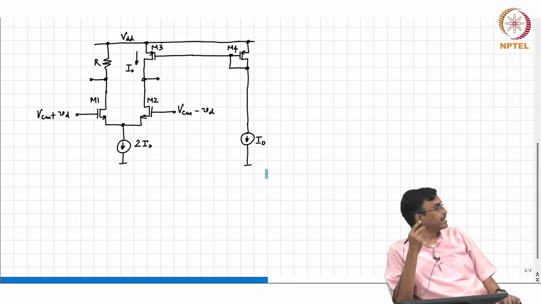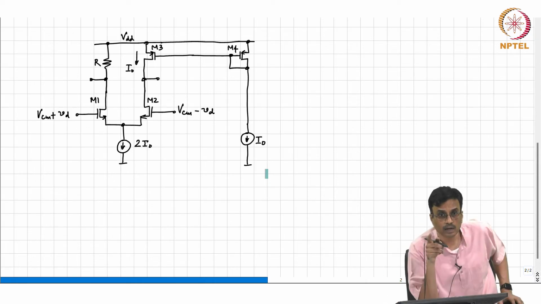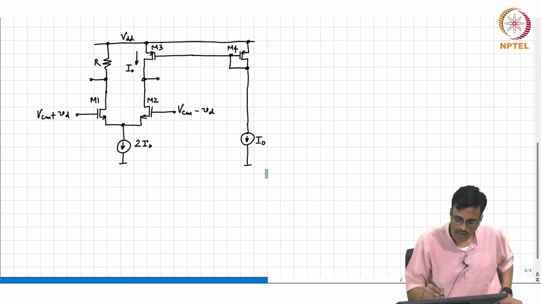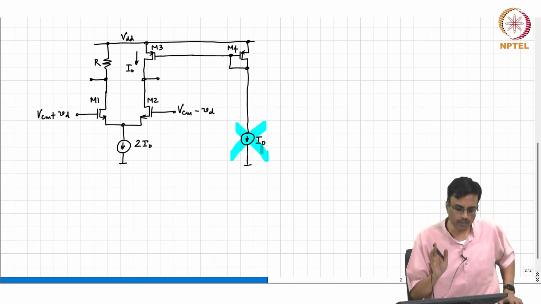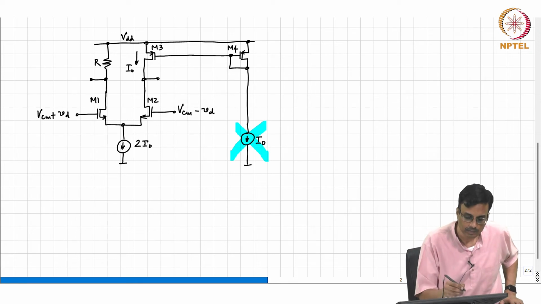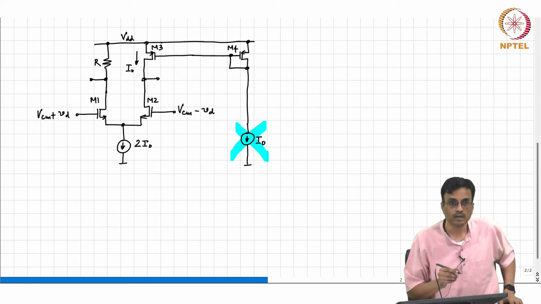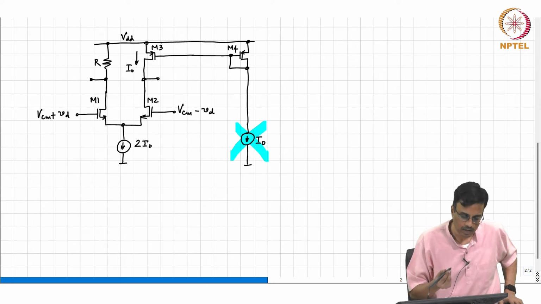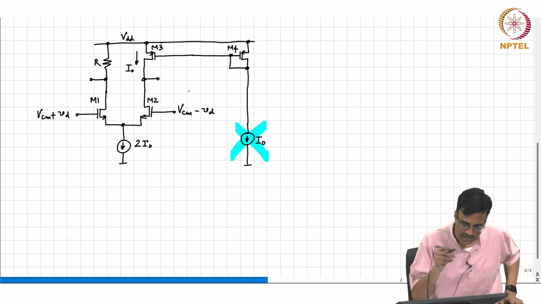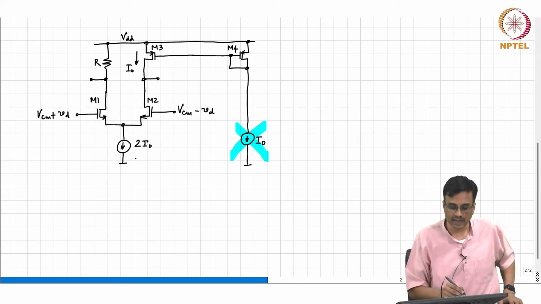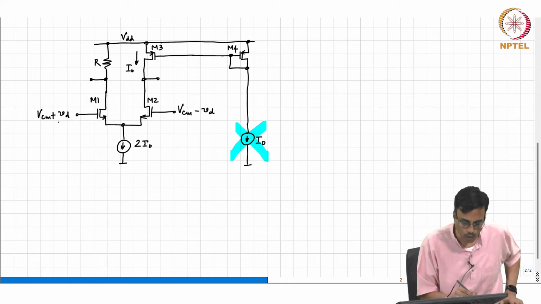In other words, can we get rid of that current source I naught and use something that is already there? So the suggestion is, you remove this guy here, and what is the principle? VSG will be the same for M3 and M4, so the same current will flow from both, and 2 I naught is pulling from the downside. So basically what he intends to say is that when Vd is 0,